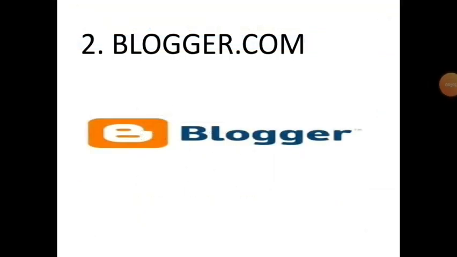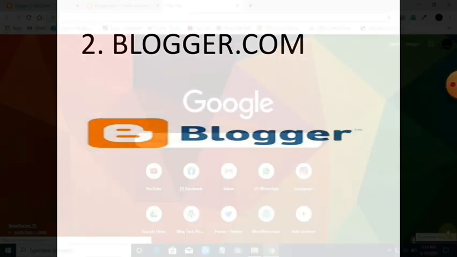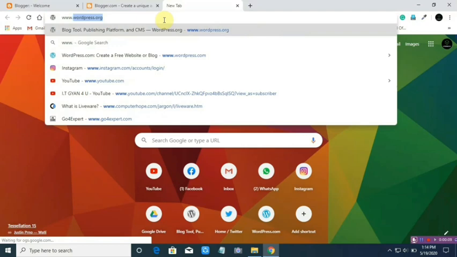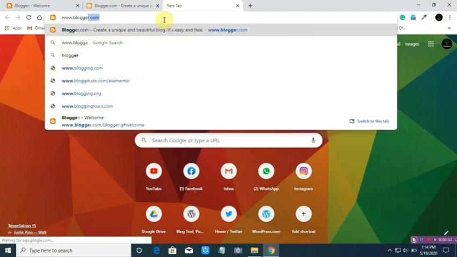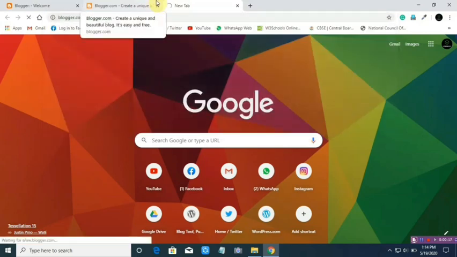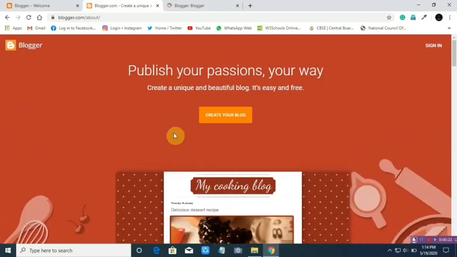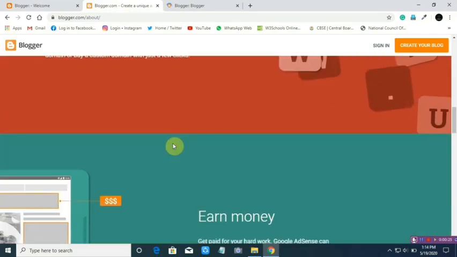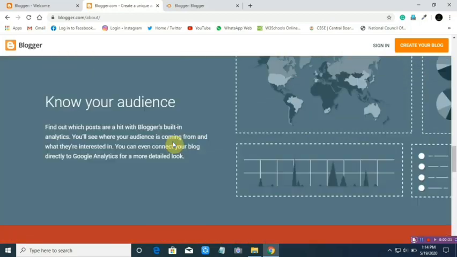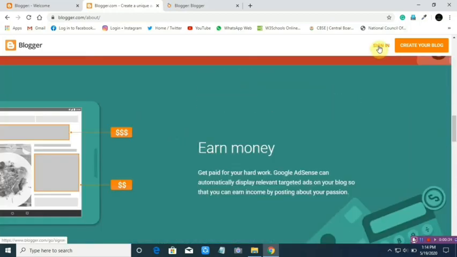Now I'll show you how to use the second blogging platform, that is blogger.com. Very first, we have to open the page www.blogger.com. When you open this URL, you will get this kind of interface. The very first step is to sign in.